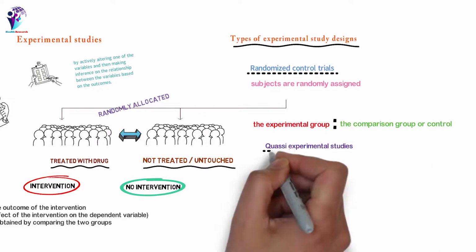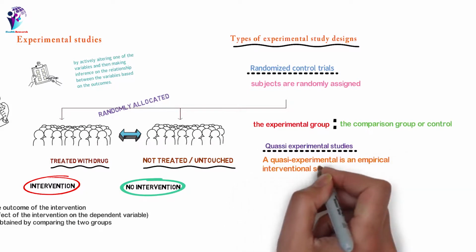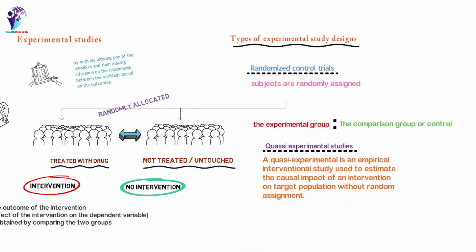Second is quasi-experimental studies, which is an empirical interventional study used to estimate the causal impact of an intervention on target